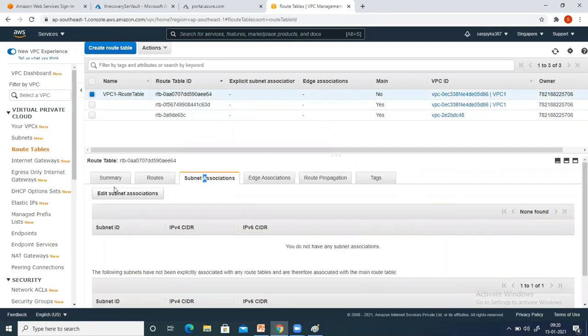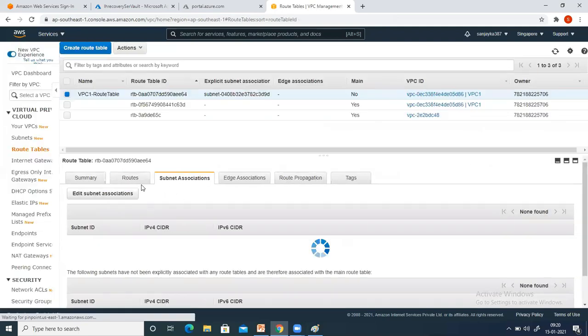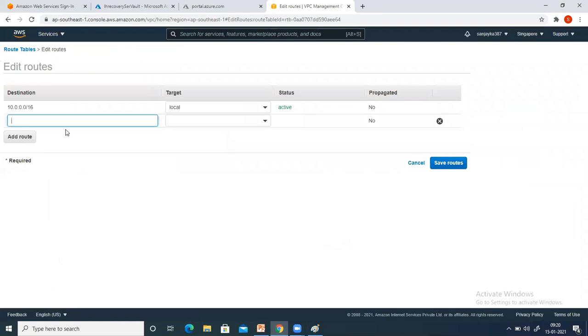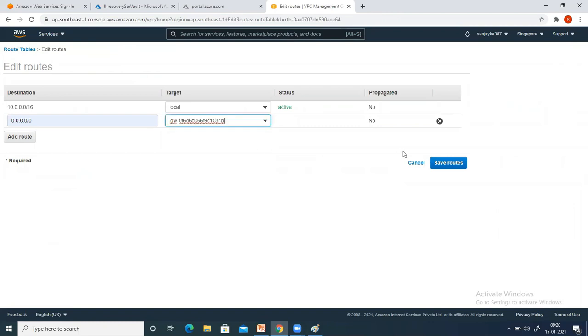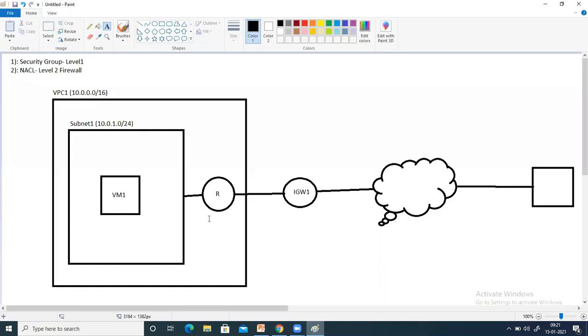With this routing table, I will associate subnet 1, and let's create one route as well. Click on add. It will go via the internet gateway, that is IG gateway 1, and click on it. Fine. So this diagram has been implemented now.